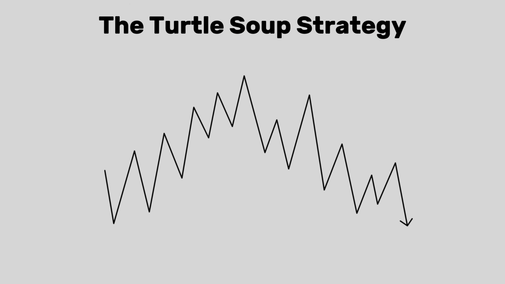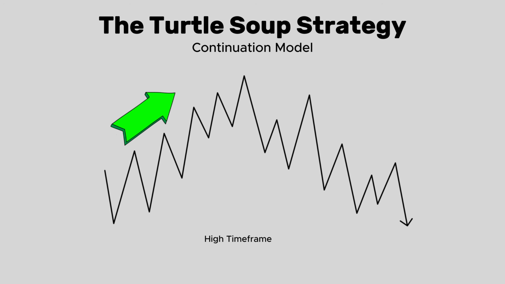There are two main types of the turtle soups. The main one, which is what we have been using so far, is named the continuation turtle soup. This price represents the high time frame trend. If we look at the macro swing levels, the market is under a high time frame consolidation. But if we look at the micro internal levels, the market starts in an uptrend and ends up reversing into